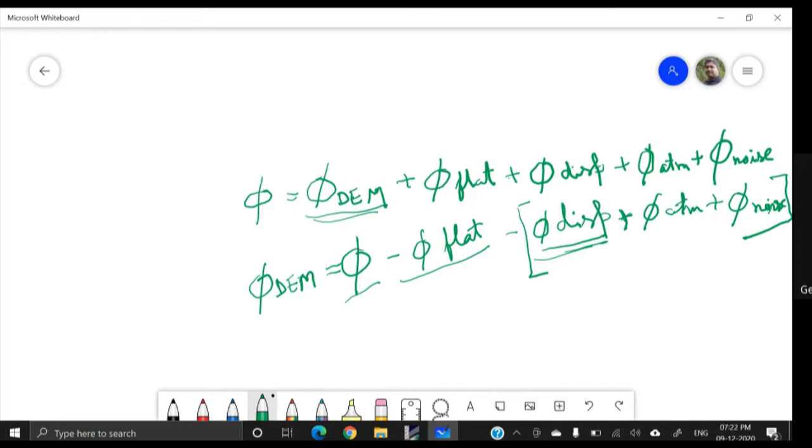So this is caused by the temporal gap in two acquisitions.